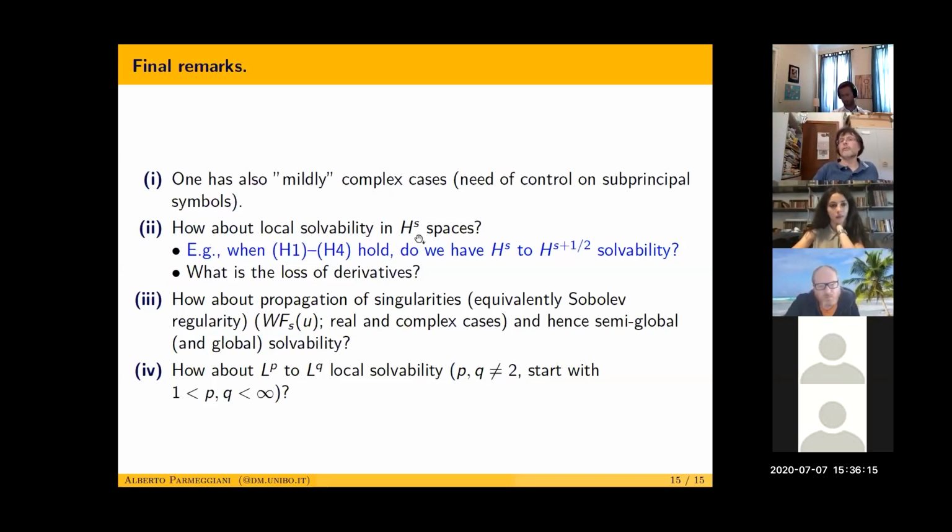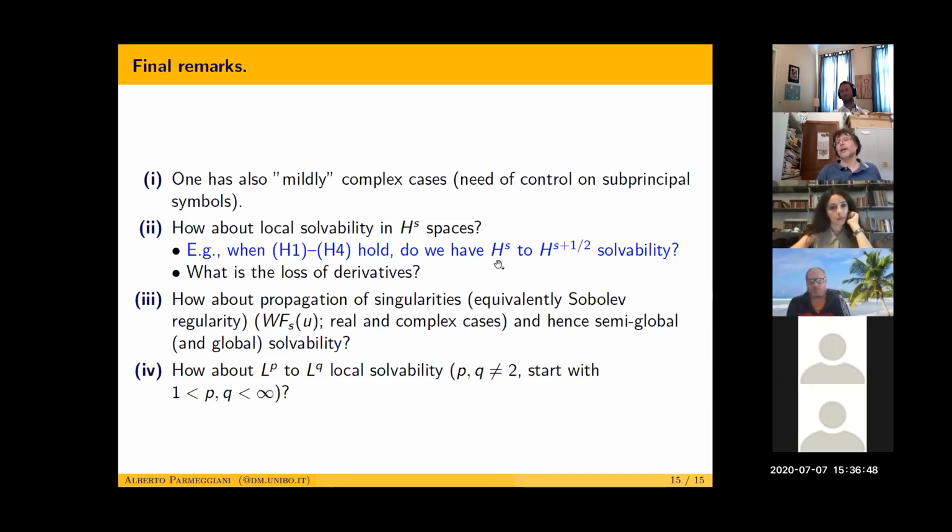But how about solvability in HS spaces? This means that we have to commute with some micro-localizer, a lambda S operator, but the commutator is too big in general. So this is a big problem, because the operator is very degenerate. So commutators must be completely taken under control. And we know that the micro-localization for the Nirenberg-Treves conjecture was a nightmare, and is a nightmare. So this thing here is very delicate.